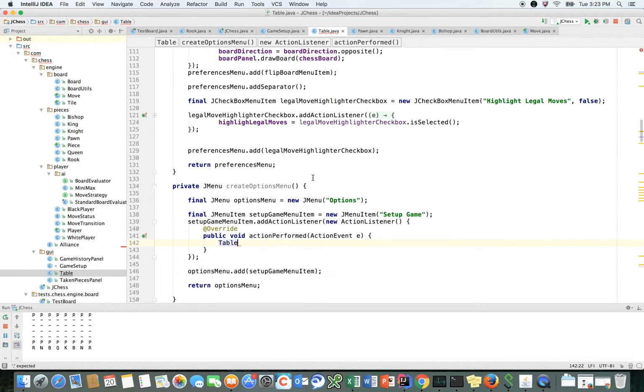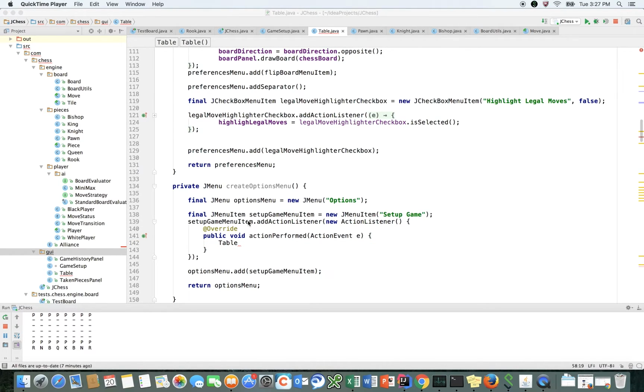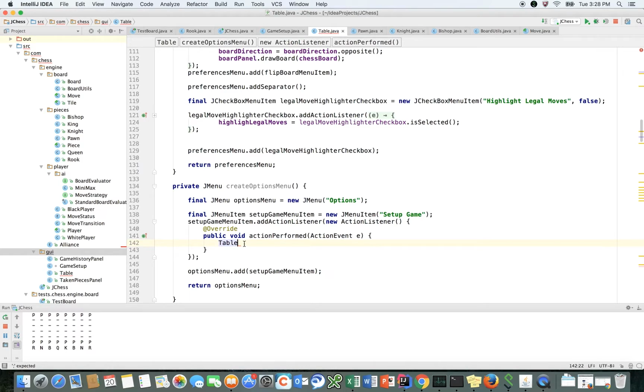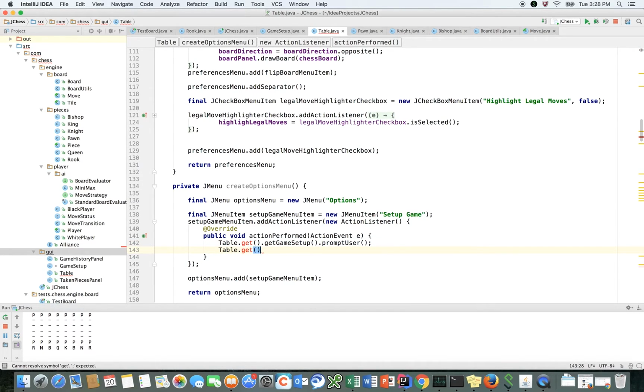We will say, hang on, what I actually want to do is take the time now to transform the table class into a singleton, which shouldn't be too hard. But what we're going to say here, let's actually wrap up this idea. We'll say table.getGameSetup().promptUser, and we'll say table.get().setupUpdate, table.get().getGameSetup. So I'll explain this, but the first thing that we want to do is